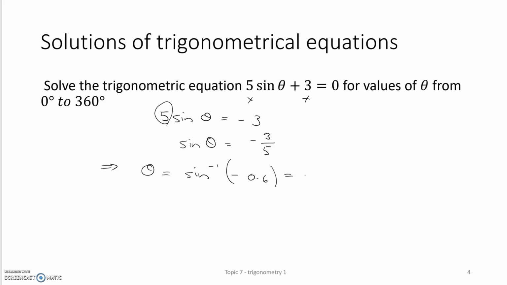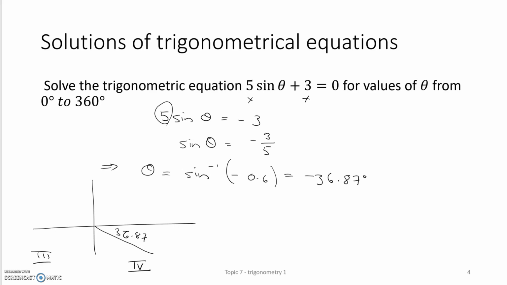Which is, if we look that up on our calculator, negative 36.87 degrees, which technically is correct. It just represents this angle in there. Now, where is sine negative? Sine is negative in quadrants 3 and 4. So what we want are the proper names of those angles there. So theta is going to be 180 plus 36.87, which will be